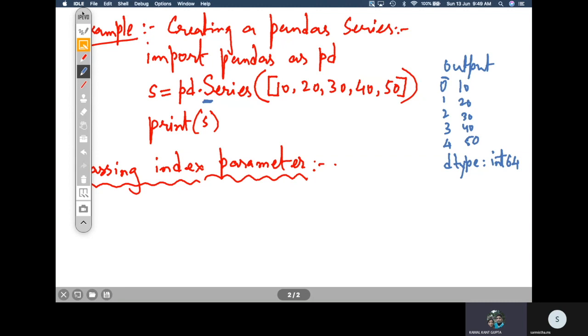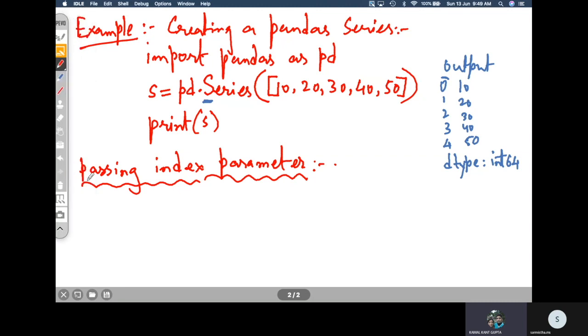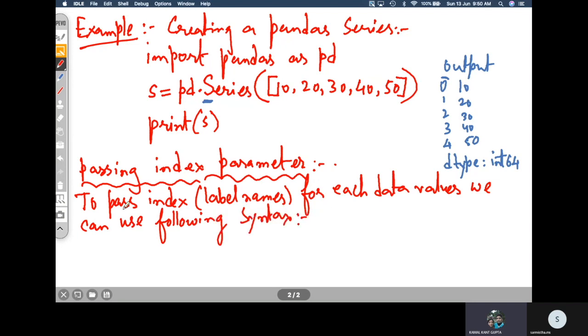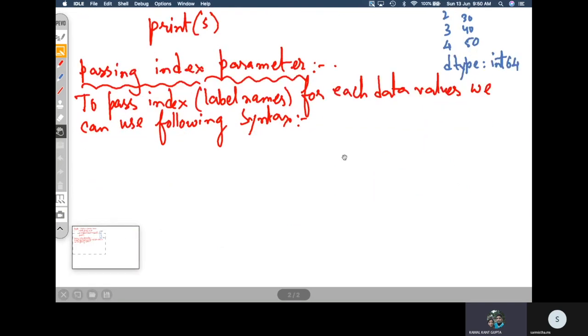So what we can do is pass index names, that is label names, for each data value. We can use the following syntax. Here is the syntax.